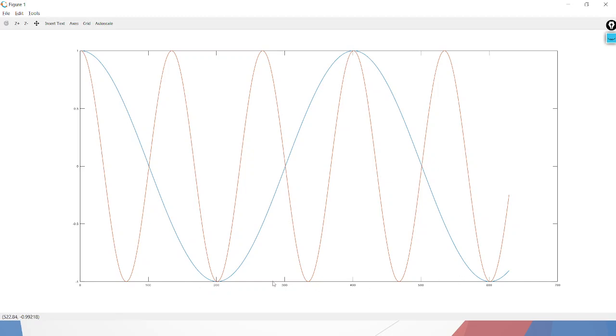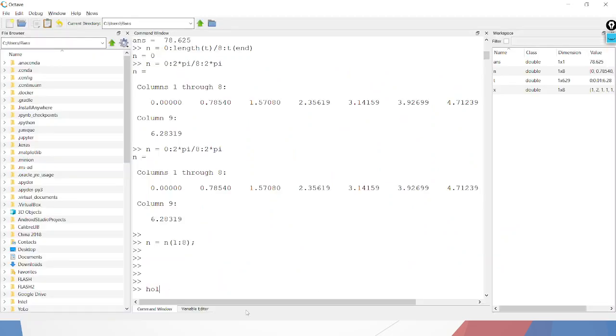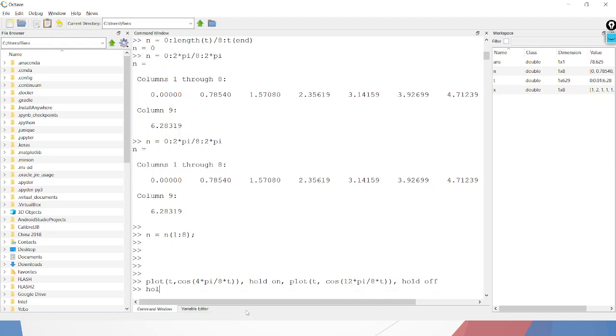But wait, I need to redraw it again. I didn't specify time. So here we have time cosine, time cosine, hold on, stem n, and cosine of 2π n